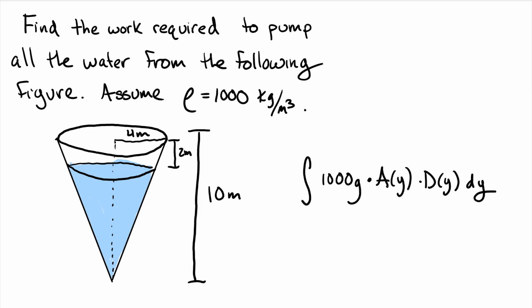All right, now there's a lot going on here. And I wrote 1000 G. I'm going to take that out. We're going to go straight to it: gravity times our density will be 9,800. So now it makes it a little bit simpler for us to see where we have to find the area